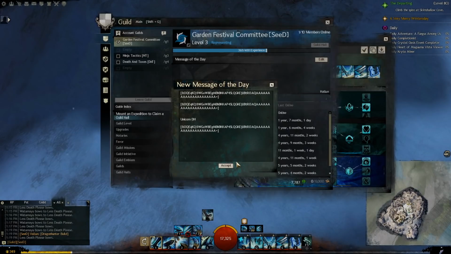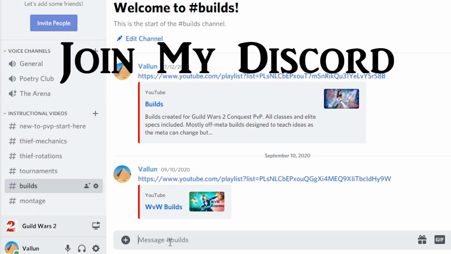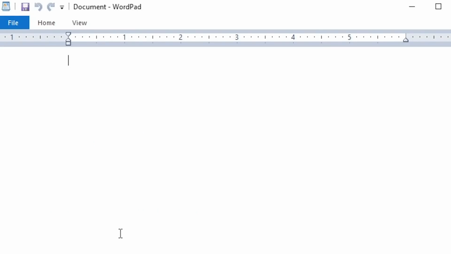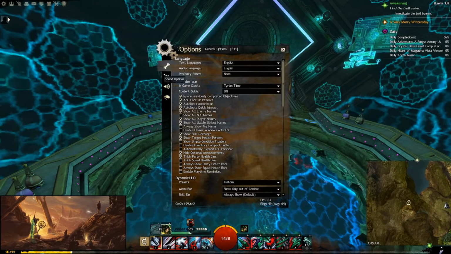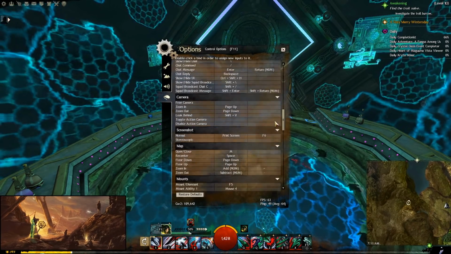You can use the guild message of the day, a personal Discord, or a notepad file to store those build links. This isn't that big of a deal because it really only takes several clicks to set your traits and utilities. Maybe if you can't remember what they are or you need to swap them really quickly, which can be used to your advantage. You can also keybind build templates to your keyboard or mouse so that you can swap them